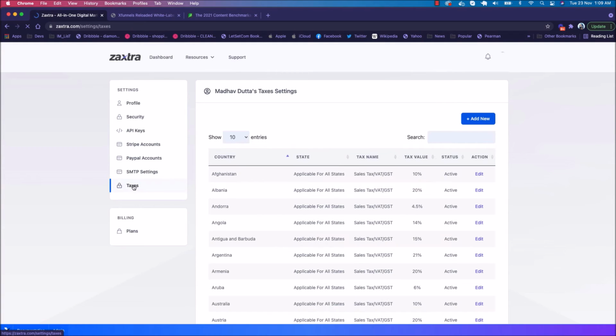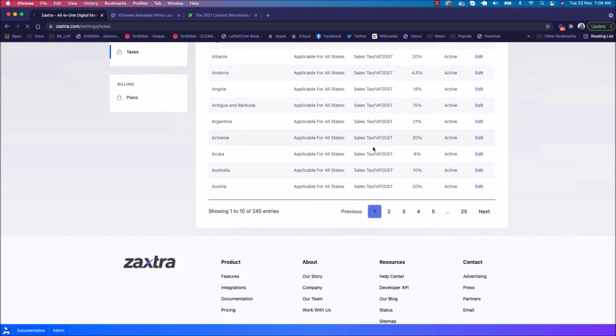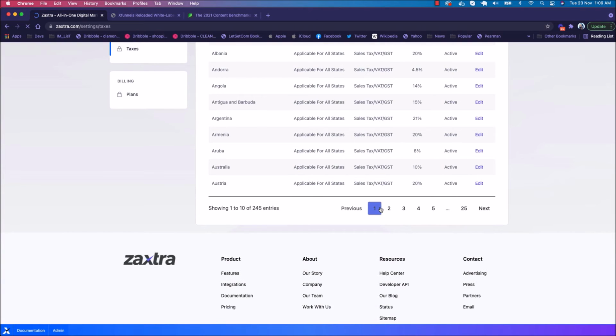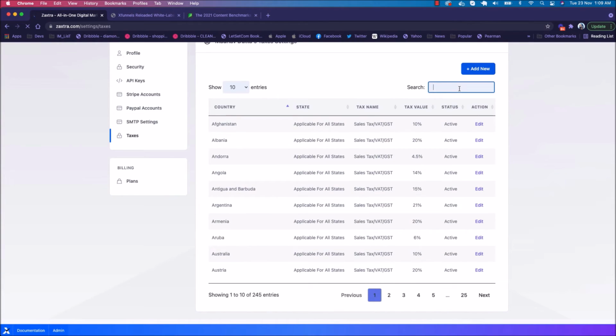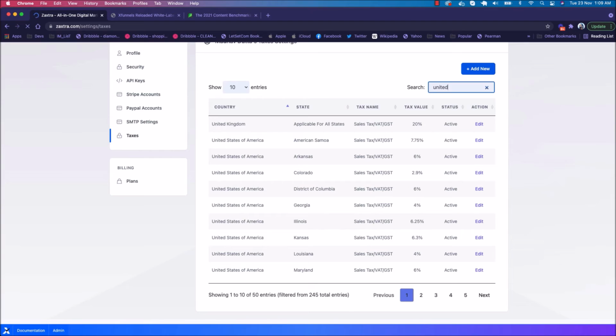Inside the tax management, we have the list of all the countries and locations. Like for the United States, let's say we have almost 50 entries. For every state, like Georgia, it is 4% tax. For Kansas, it is 6.3%. For Louisiana, it's 4%. For Maryland, it's 6%.